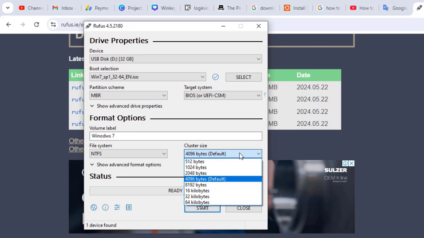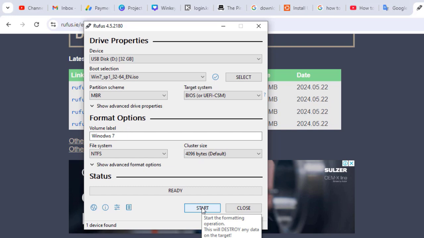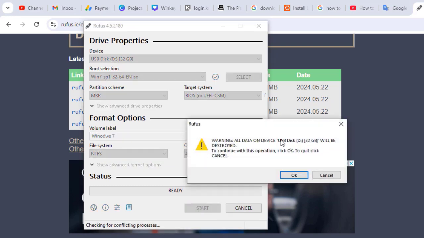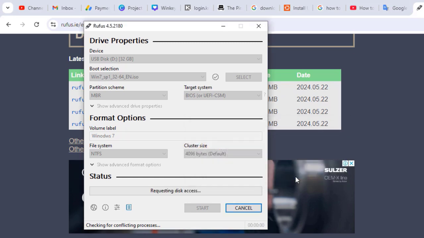For the rest of the settings, the partition table, the file system, the cluster size, I'll leave them as they are and click start. Then a warning will pop up that everything on your disk will be erased. So the first thing it will do is erase everything on the disk